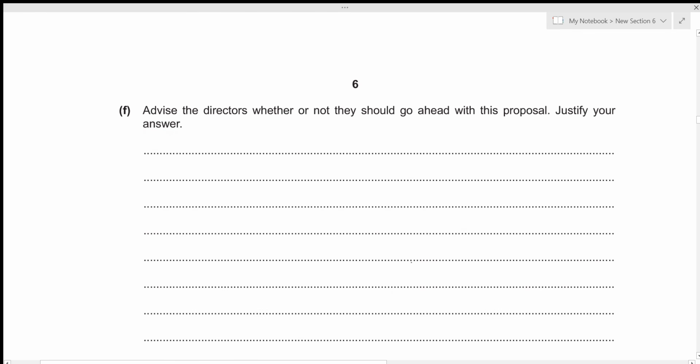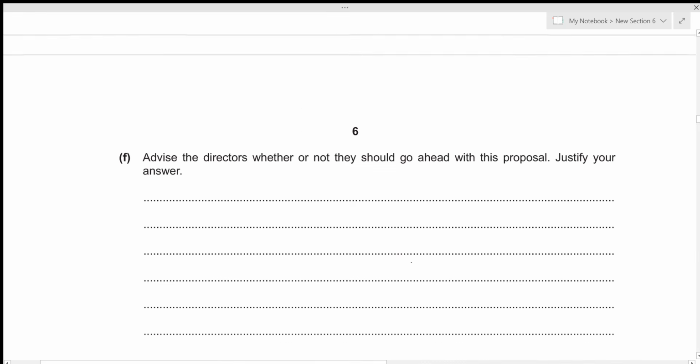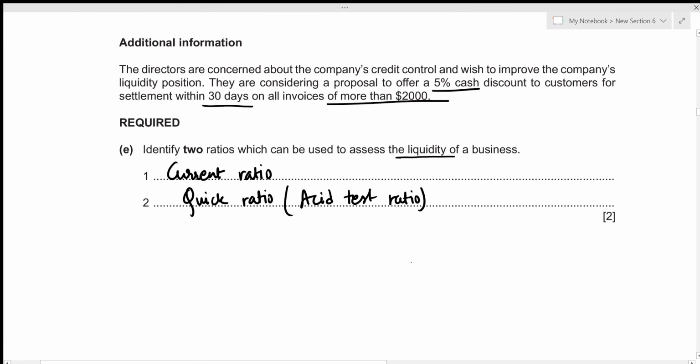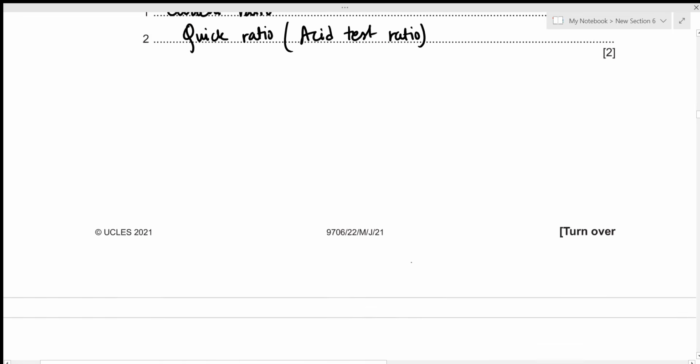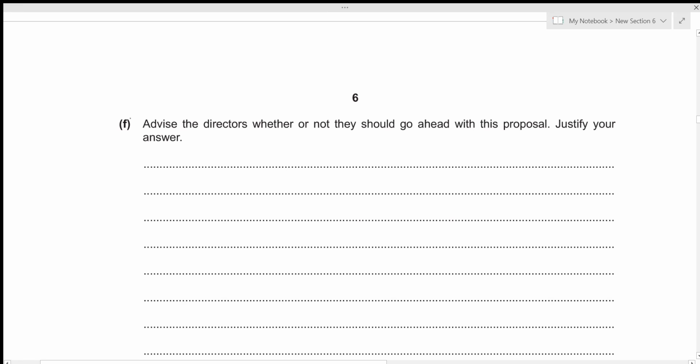We need to advise the directors whether or not they should go ahead with the proposal. We need to justify our answer. First, let's have a look again at this proposal. So the proposal was that they will offer a 5% cash discount to customers for settlement within 30 days on all invoices of more than 2,000. So obviously this might improve the cash flows because it encourages the customers to pay quickly. That will be our first point. Let's write it down. May improve the cash flows